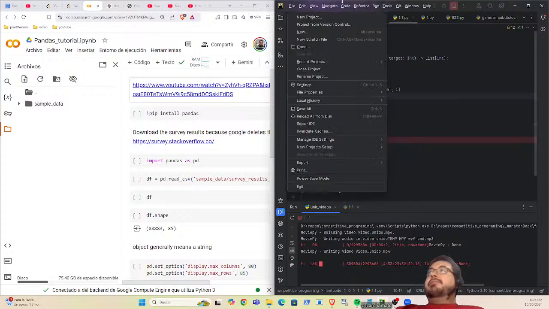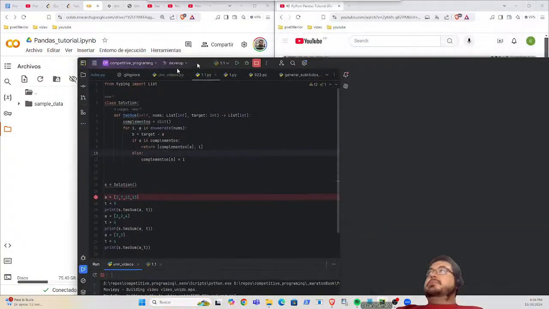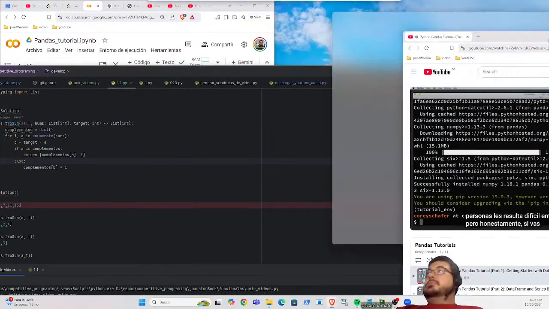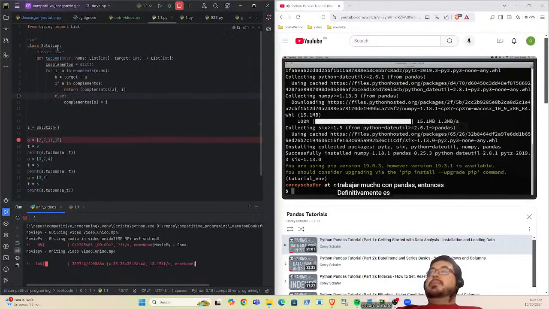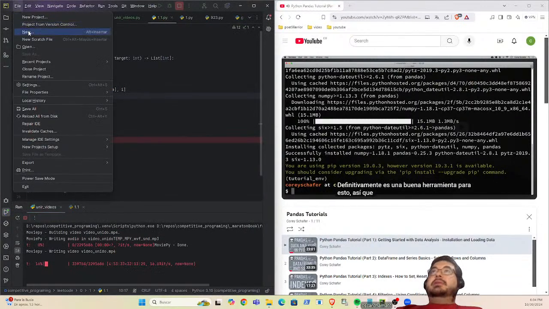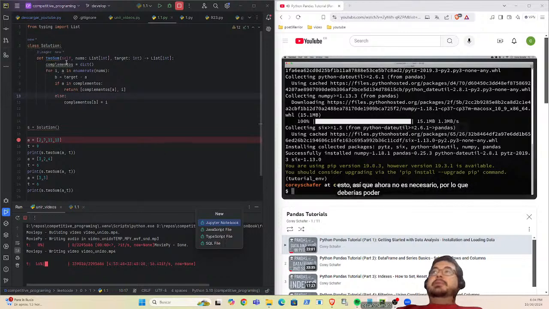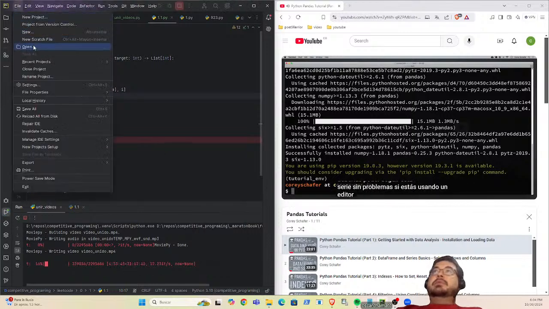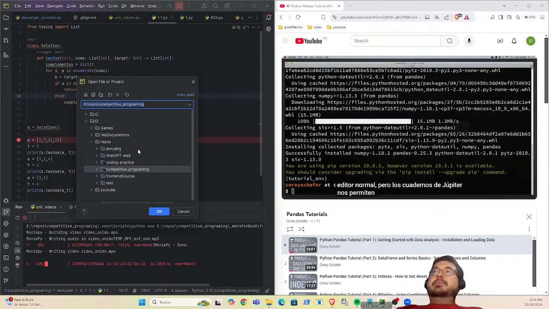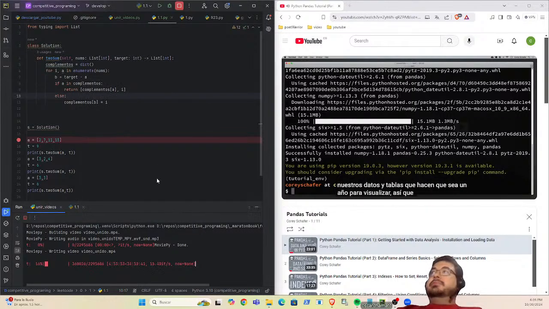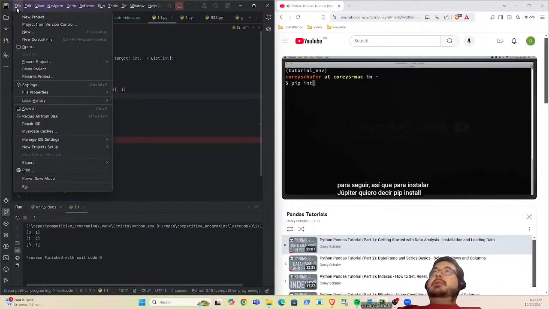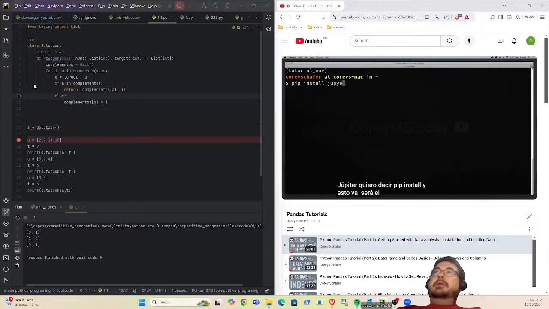Now, I was a bit hesitant to use Jupyter for this series because some people find it difficult to get the hang of. But honestly, if you're going to be doing a lot of work with pandas, then it's definitely a nice tool to use. So now it's not necessary, so you should be able to follow along with this series just fine if you're using a regular editor. But Jupyter Notebooks allows us to actually see our data more easily by using the browser to print out our data in tables that make it easier to visualize. So I'm going to use it in the series, but you don't have to in order to follow along. So to install Jupyter, I'm going to say pip install, and this is going to be